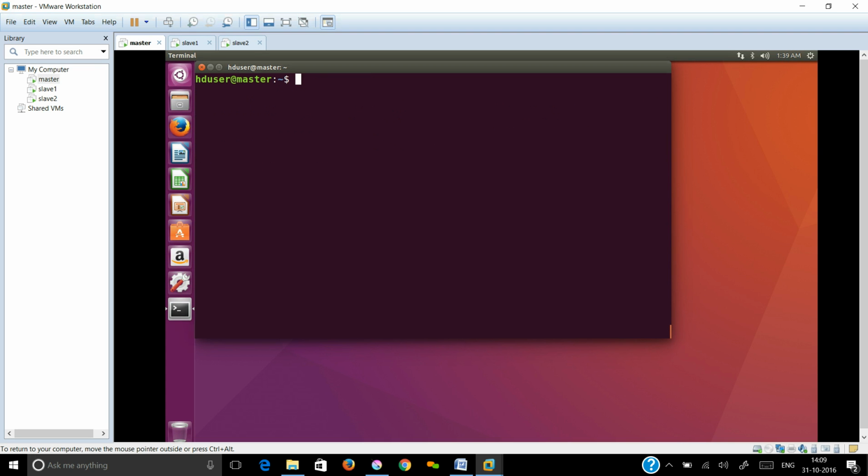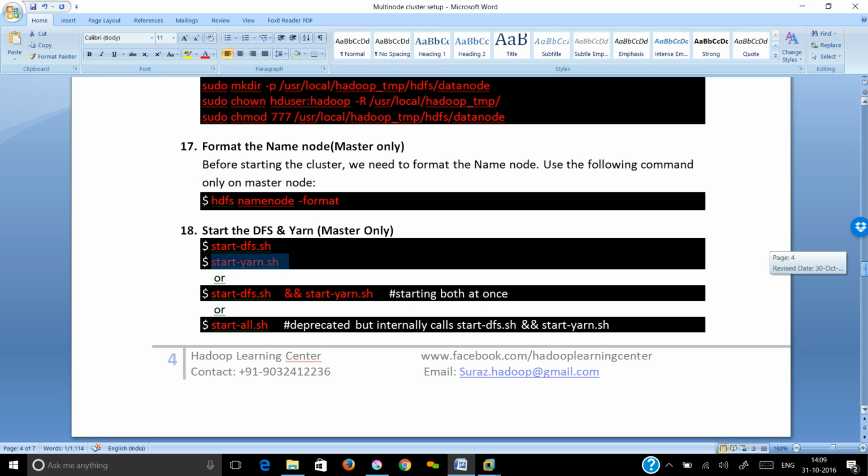Okay, done. Now you say JPS. Now if you see, it has started the resource manager, and when you say JPS, it has started the node manager. So all together, if we just look into our daemons,